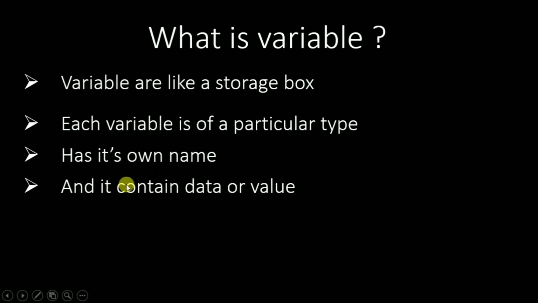or value. We need to know that variable names are case sensitive, and here in this example int norm is different to int Norm where N is uppercase. Let's see another example. Here int life equal to 50. Here the variable name is life, the value is 50, and the type of variable is integer.